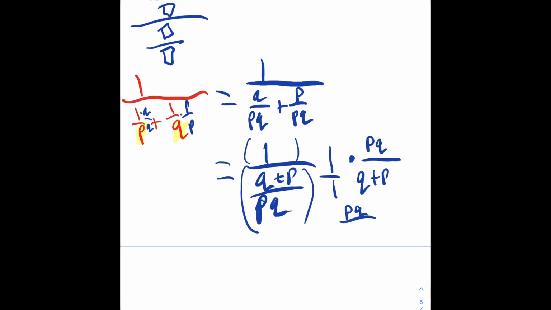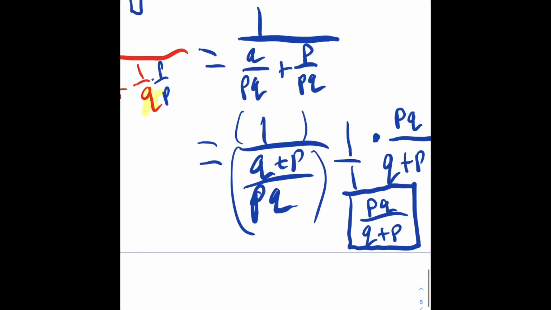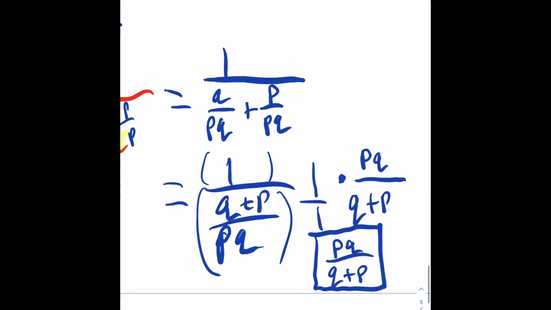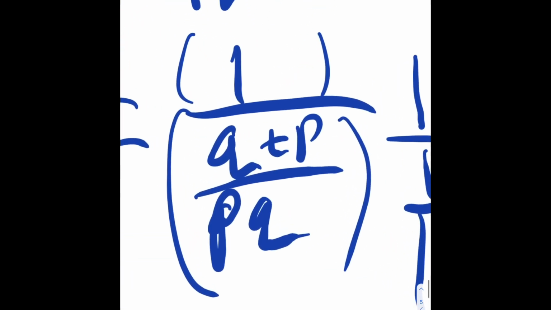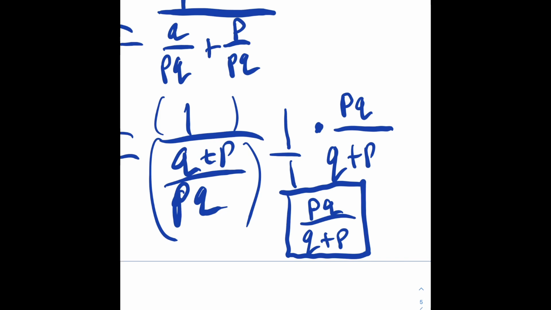So really what I'm left with is pq on top, because multiplying by 1 doesn't change anything, and q plus p on the bottom. So again, my goal was to get the same denominator, pq, and then from there I was able to work through and simplify until I got here, and I said, okay, when I divide fractions, I really multiply by the reciprocal,